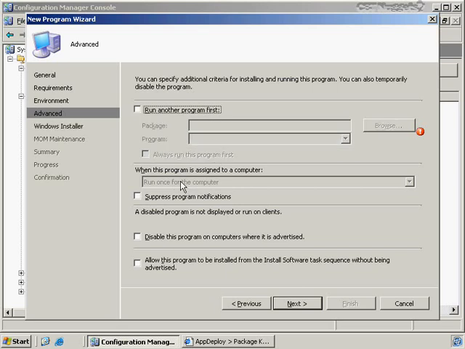We can choose to run once for the computer. We can choose to suppress program notifications when programs are assigned. We can choose to disable programs, whether it's displayed or not. Do we want to disable the programs where it's advertised? Do we want to allow the programs to be installed from the install software task sequence if we're doing this as part of an operating system install? All of these are more advanced features